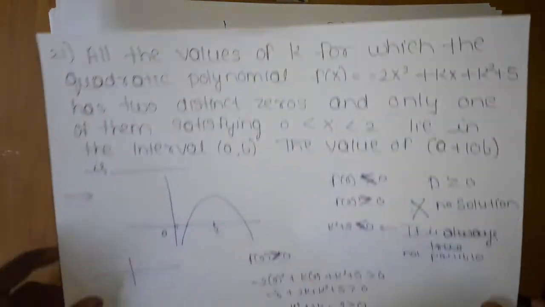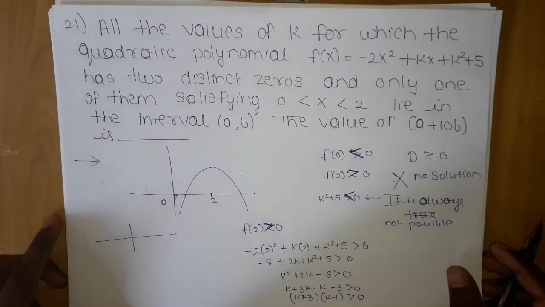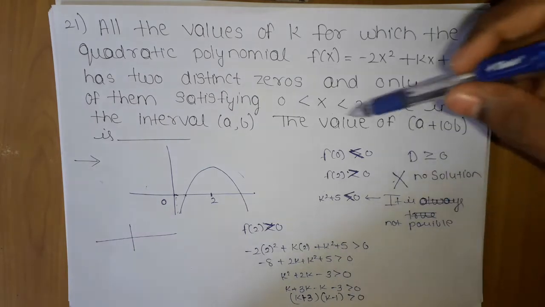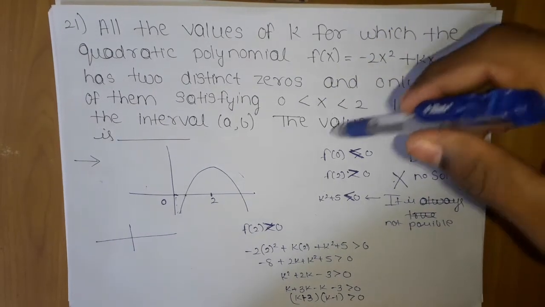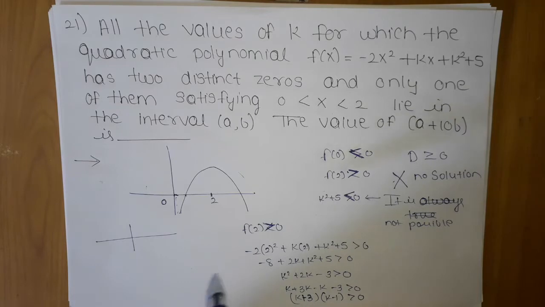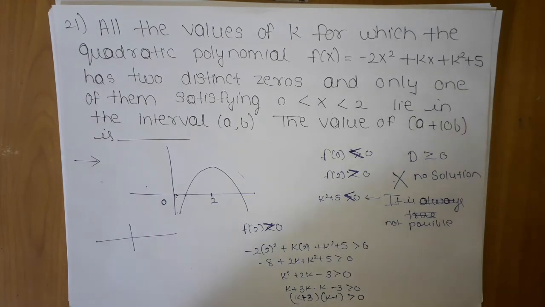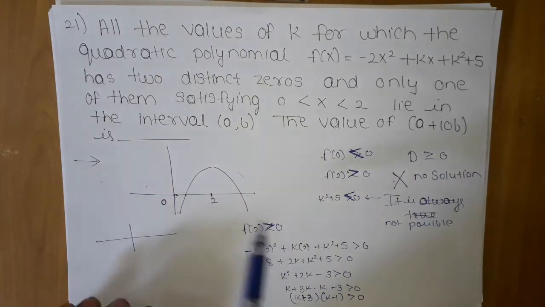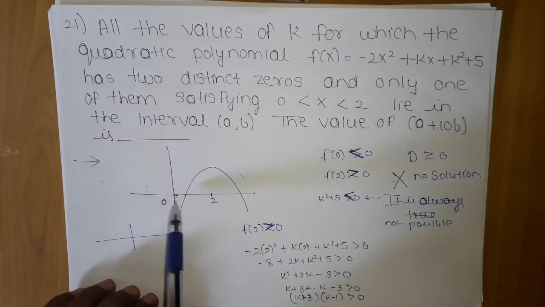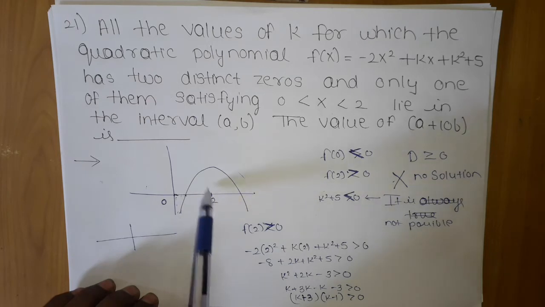Let me just revise it again because I made some mistake earlier. They told that one root lies between 0 to 2. And there is no condition on whether the root should be positive or negative. By seeing the graph, we can clearly predict that it is a downward parabola. So there was no doubt in that. So I took this graph. Okay, this graph is also possible. In this, one root is lying between 0 to 2 and the other root is also positive. So when I took that f of 0 will be less than 0 and f of 2 should be greater than 0. Okay, f of 2 value will come here somewhere.